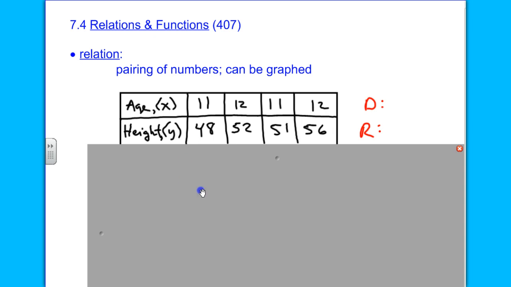If we say the age is the input, then we could give it the letter X. Usually in our functions, X's are the inputs, and Y is what comes out after we input something, right? So we call them the outputs. So we could label the ages X's and the Y's the outputs. And there's another name for that. The whole group of numbers that you input into a function is called something that begins with a D. And I've used this word before. Do you remember? It's the domain. Good. The domain. Okay?